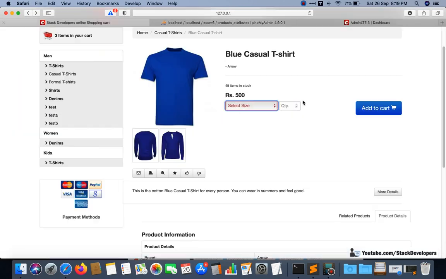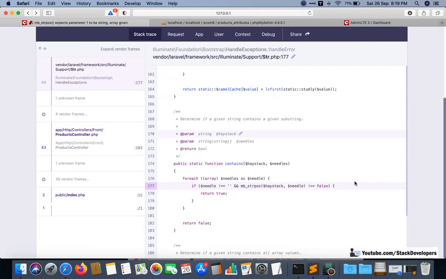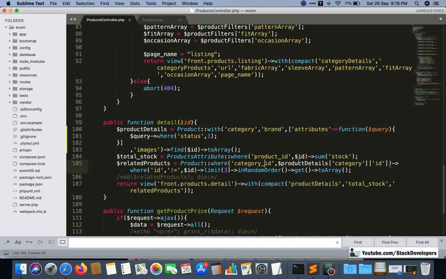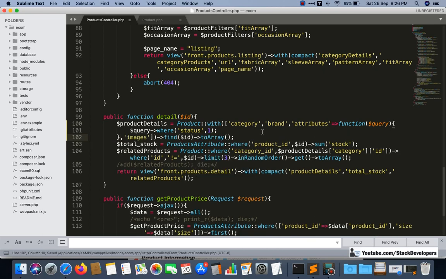Okay, some error is coming in the subquery. So we will add square brackets here, instead of there, also like this. Now we will check once again.